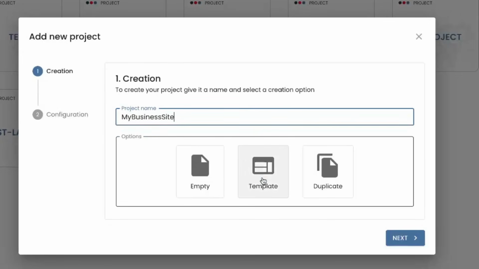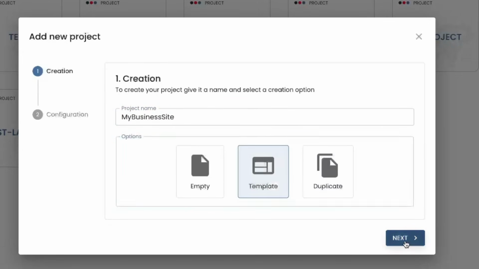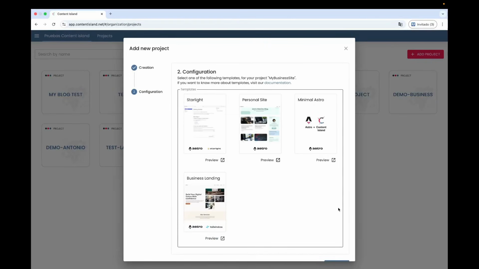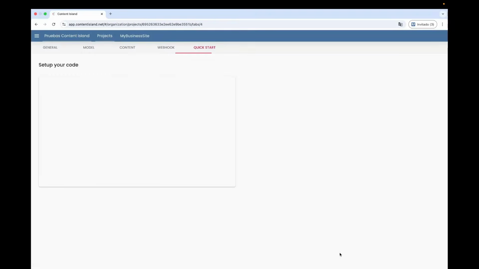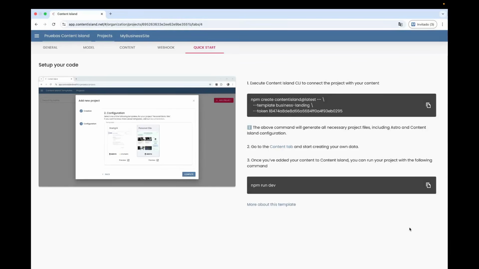We choose to start from a template. We click Next. And we choose Business Landing. We click Complete. And Content Island then creates the project with the structure and sample content ready to be customized. The template also provides the command to create the Astro solution and run it locally. We simply copy that command